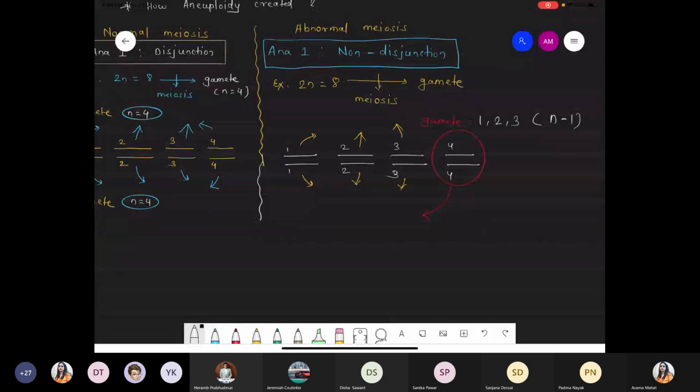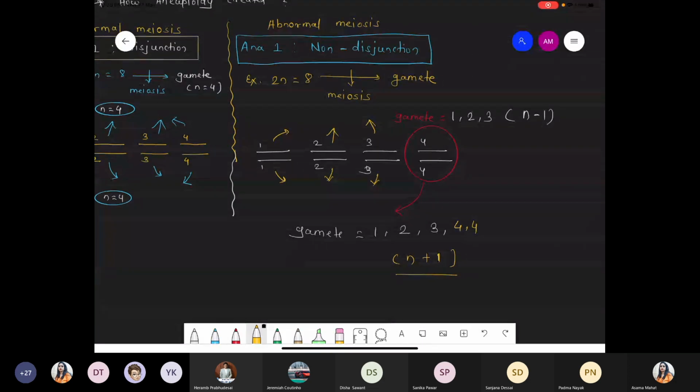Now what happened in the second condition? The gamete that is formed already has one copy of the first chromosome, one copy of the second, one copy of the third, but it has 2 copies of the fourth chromosome. Earlier it was haploid, but now there is an addition of one copy of the 4th chromosome. So it is represented by n plus 1. Do you understand what is happening here? During abnormal meiosis, due to unequal segregation of chromosomes, one gamete obtains n minus 1. This part is important. Another gamete obtains n plus 1.